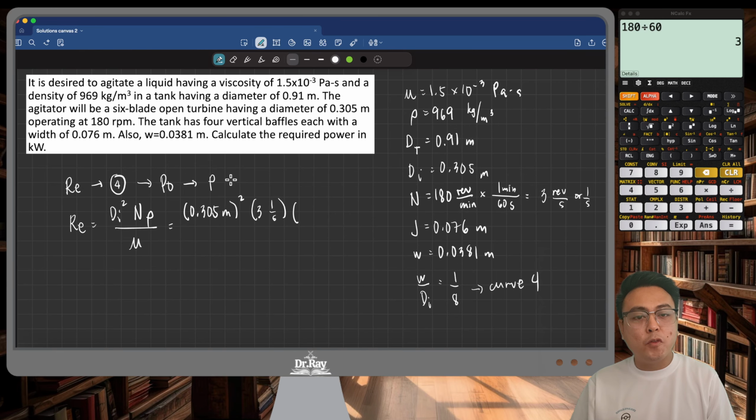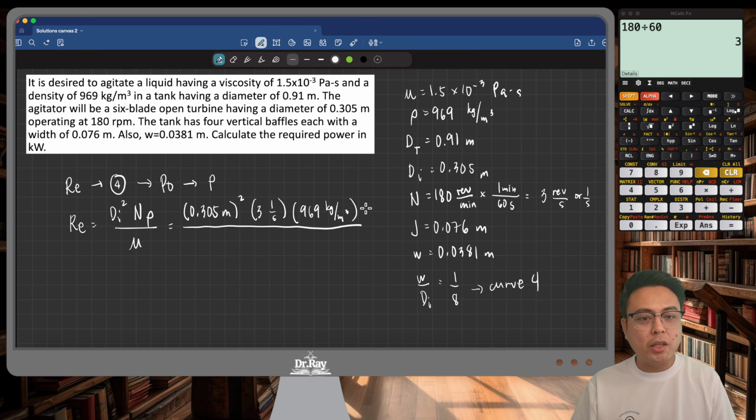The fluid density was already given as 969 kilograms per cubic meter. If you're not given this, then look for its density in the handbook. And finally, viscosity is also given as 1.5 times 10 to the minus 3 Pascal seconds. If you take a look at the cancellation of units, you would see that